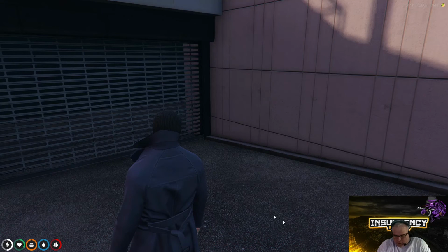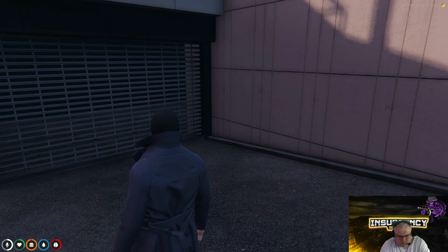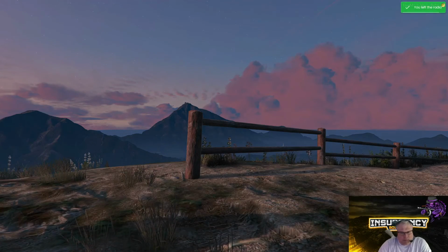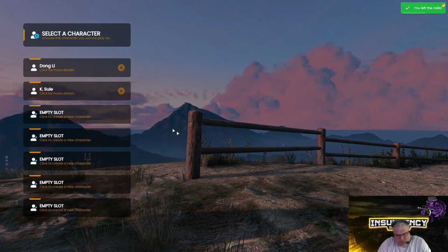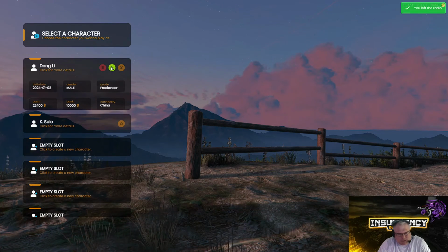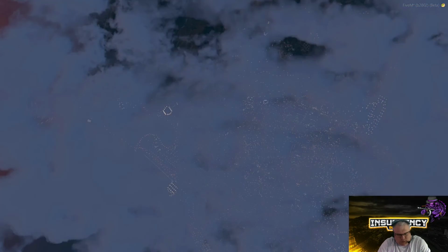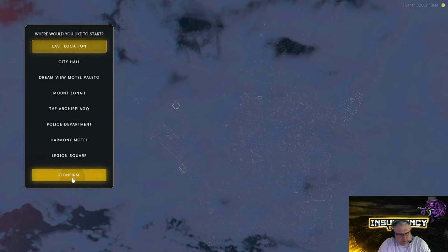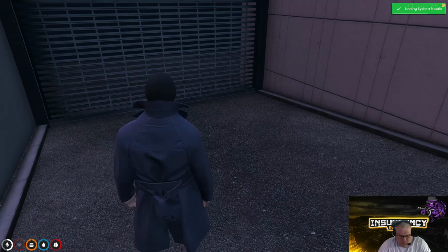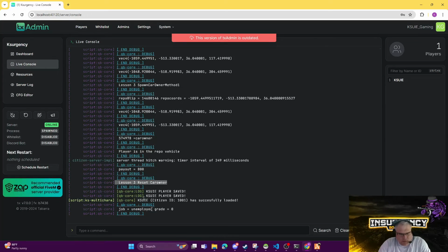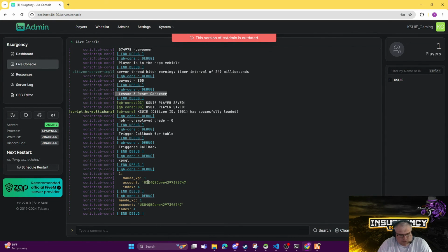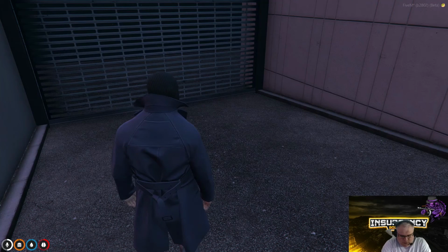If I log out now and log back in, it'll query the database, and you'll see that we have 1 XP on our debug. So it takes 5 seconds. There it is. So now mod XP is 1. So everything's working perfectly. So what I want to do next is